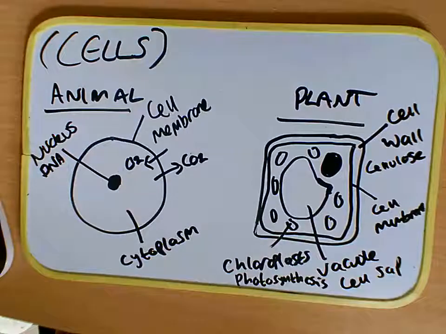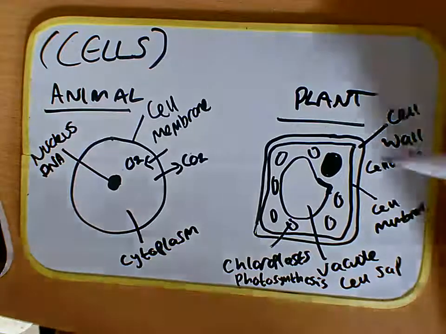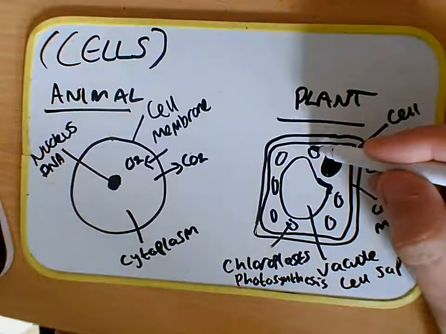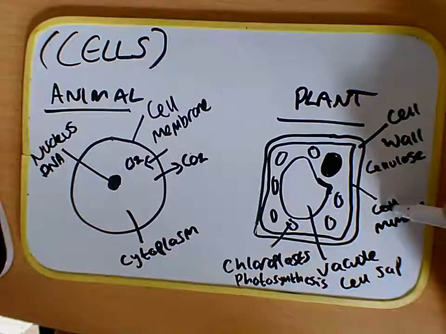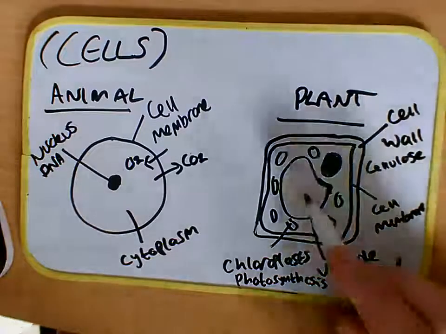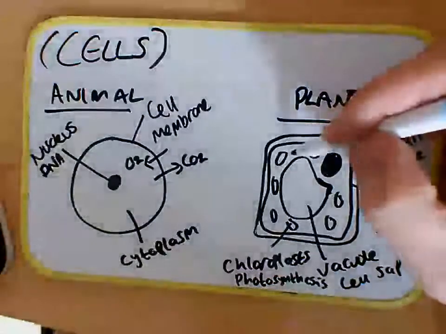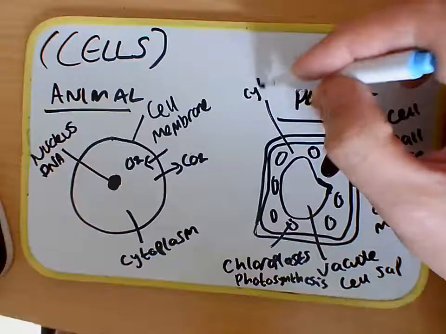So that's absorbing sunlight and producing food, normally in the form of glucose. So like we said, can get stored in the vacuole. We've also got typical structure. We've got the cytoplasm,